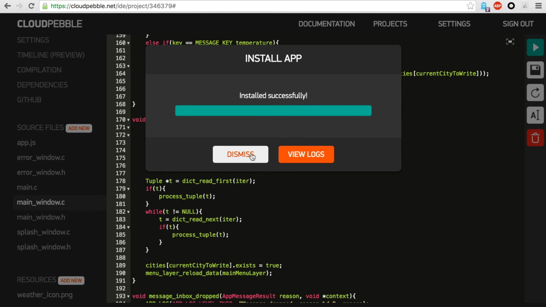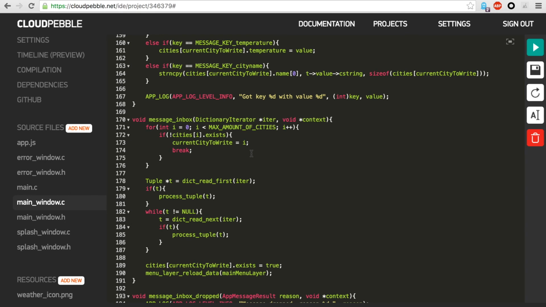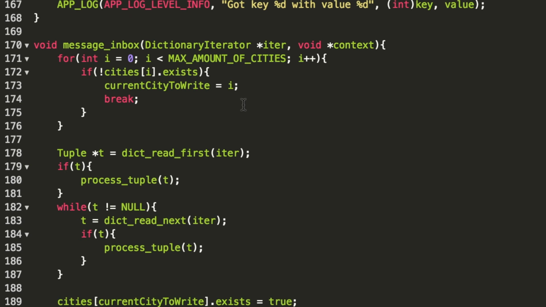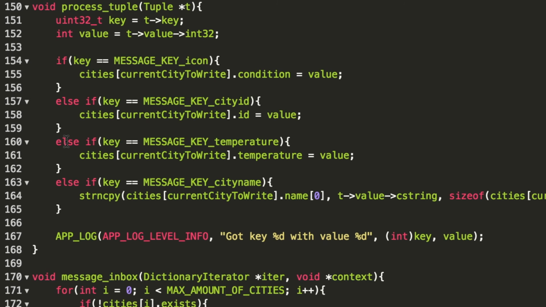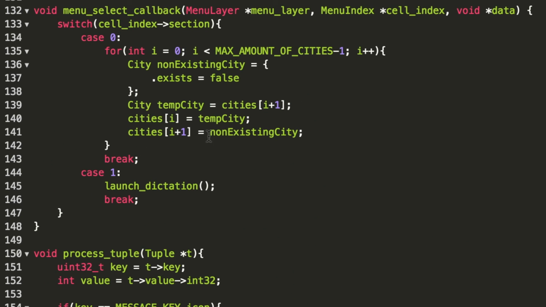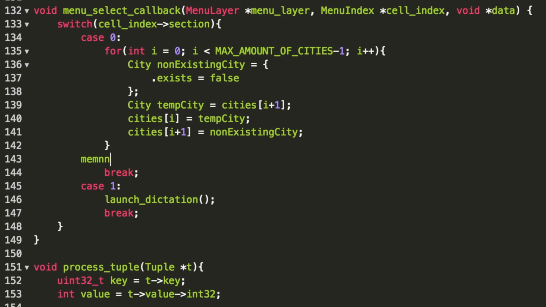Okay. Now we're all good. Loaded up on the watch. Let me see here. Looks like add city. Toronto. Okay, yes. The Toronto city was added. And let's test one more. New York. Okay, we have one more thing to do before I show you our awesome map. Also below this delete thing, we're going to do menu layer reload